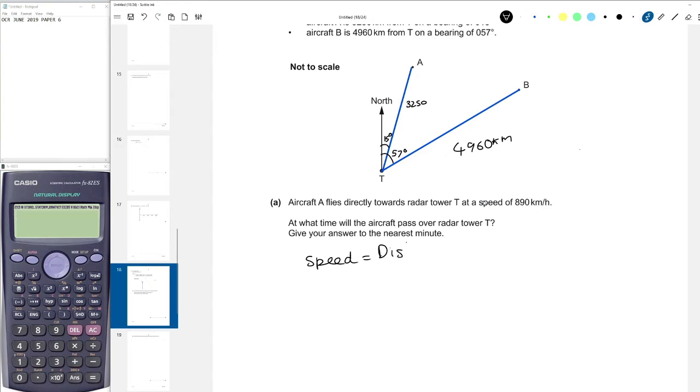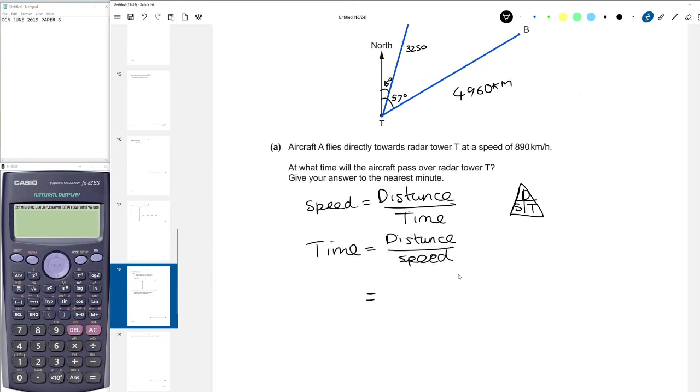equals distance over time. So therefore we know that time is distance over speed. If you need, you could draw the triangle out or rearrange the formula. So we know time is distance over speed. So we know the distance is 3,250 and the speed is 890 kilometers per hour. So if I divide that, 3250 divided by 890, I'm going to get